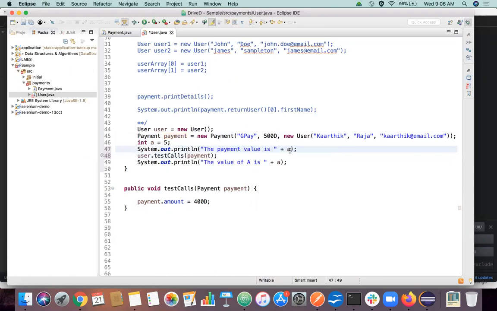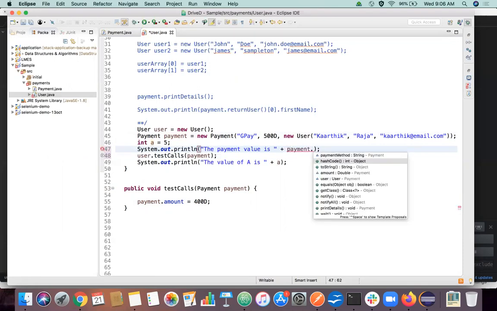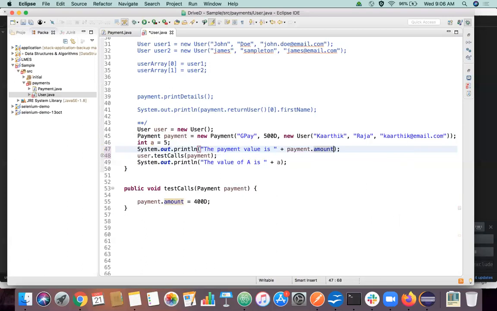Payment value is payment.amount, and here also payment.amount. So let's comment this out. We don't need it for now.